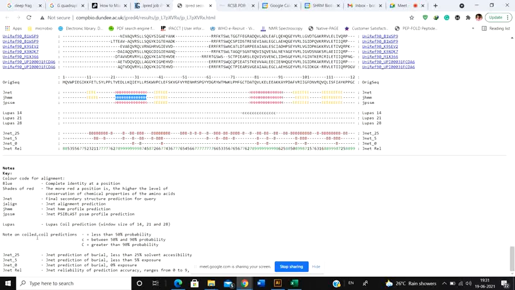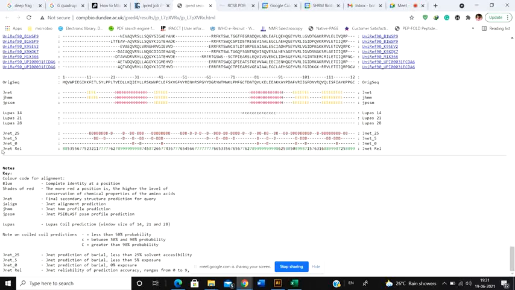Okay, and see, in this particular case you find it is a small c. What does small c mean? Small c means that this particular stretch has the tendency to be a coil, but what's the percentage? There's a 50 to 90% probability that this particular stretch will be a coiled structure. Had it been a capital C, it would mean that there is a greater than 90% probability to become a coil. So in your protein, if you find that it is a capital C, then you know that yes, this part is a random coil, because there is a higher than 90% probability.